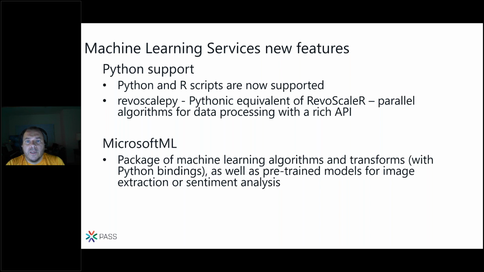So if you have an NVIDIA graphics adapter on your desktop and you're running SQL Server locally on a desktop, we can leverage the added performance of the GPU processors. And one very important thing also, which is something that I'm actually going to demo, is Microsoft ML, which is pre-trained models for doing different things like sentiment analysis.